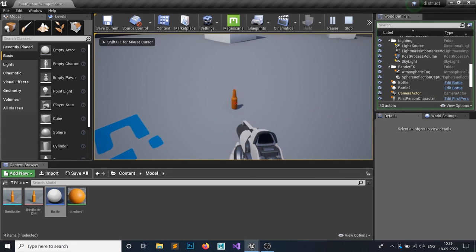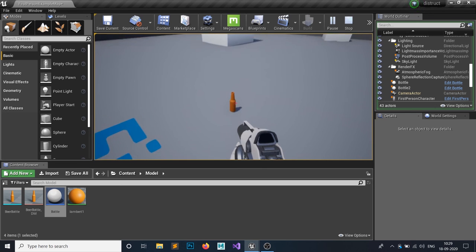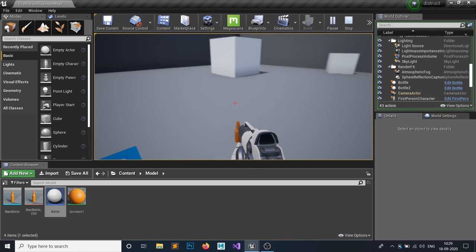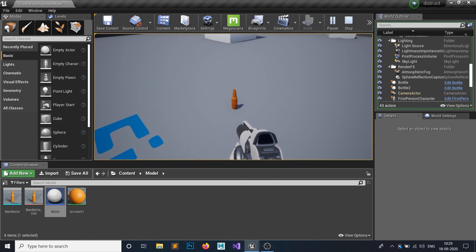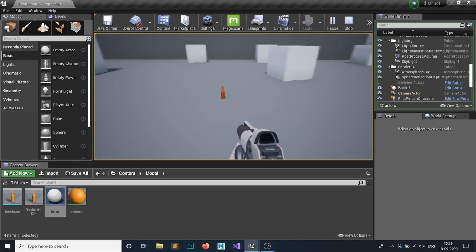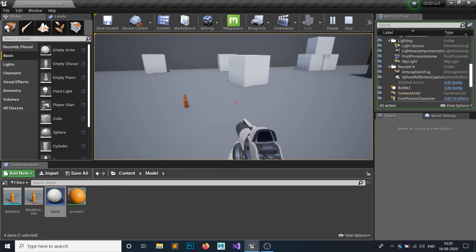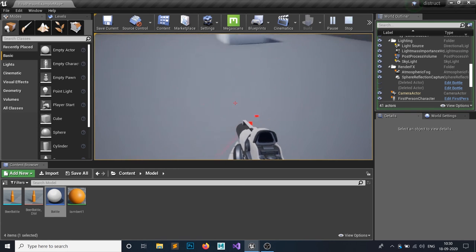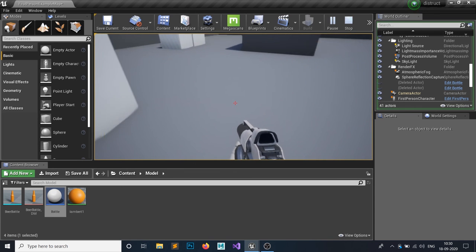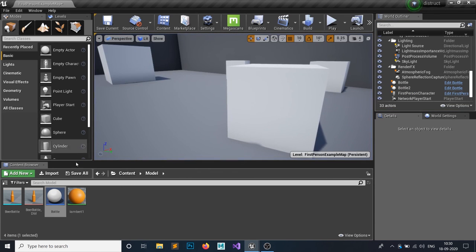So let's see how this looks. If I click on this, it will first destroy the destructible, then it will play a sound, and after 2 seconds it will destroy the actor. Let's see how this works. You have seen that the sound is not so good, but I hope you guys find a better sound than this. And this works only once. If I press again, it won't work because our bottle is already destroyed, right?